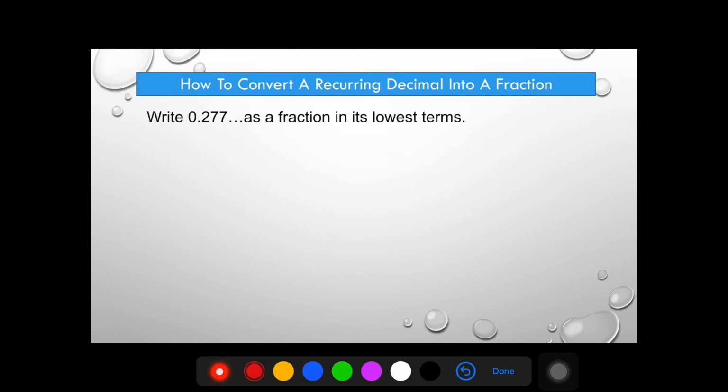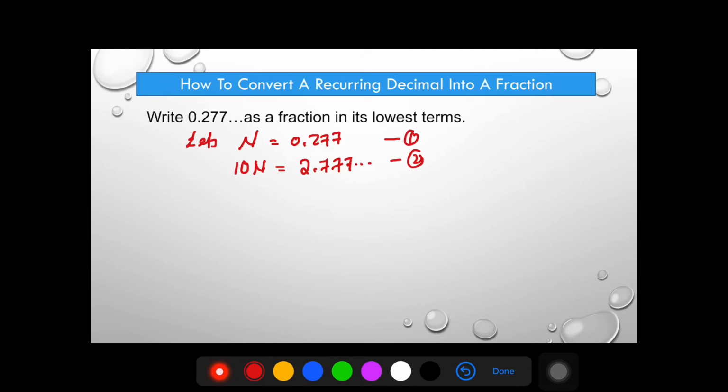0.2777... So we have to make it become a recurring number. So I try to multiply the whole equation. Let's say n equals 0.277..., then 10n equals 2.777... and so on. If I subtract equation number 1 from equation number 2,